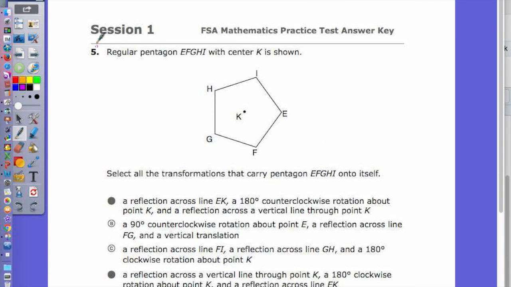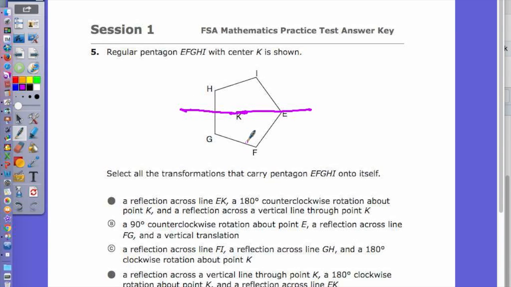Okay. Number 5. You have to actually try each one. Now, the thing that we found, and I wrote it over there on the board, rotating from a center is different than rotating from a point. Okay? So rotating 180 degrees on K